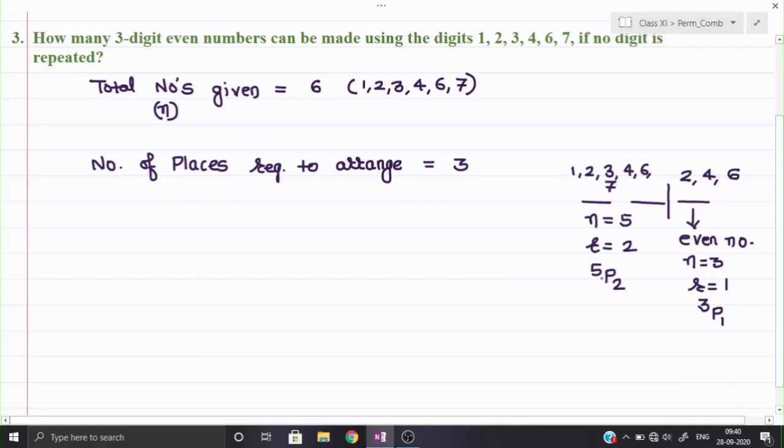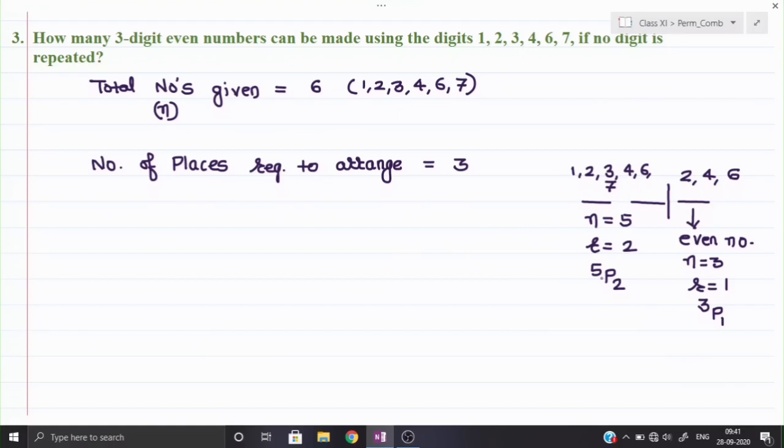Now see, the fundamental principle of counting, we have done as a method. Suppose I am finding the number of ways for the 3 places differently: for the remaining 2 places I found directly, and for the unit place I found separately. But according to the fundamental principle of counting, if I am finding the 3 places separately, what will I do at the last? For 3 separate places I will multiply. For the first place, whatever the number of ways, multiplied by the second place, multiplied by the third place.